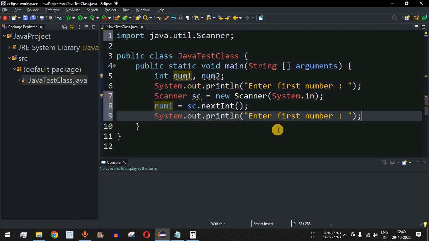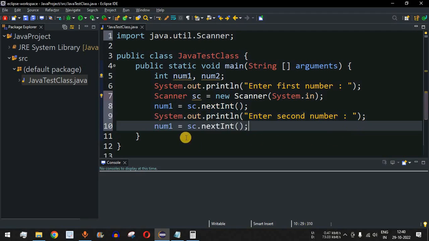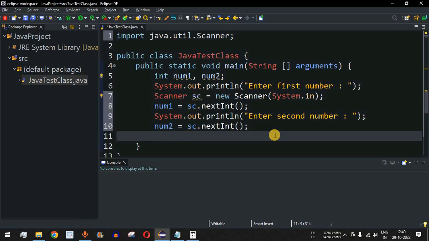I'll just copy this and paste this over here. I'll say enter second number, and then we will use this expression for num2. So I'll just copy this and paste this over here, and change this to num2. So num2 is equal to sc.nextInt. This will be responsible for taking the second number, and then guys we can easily add the 2